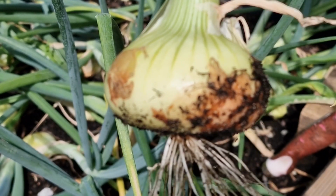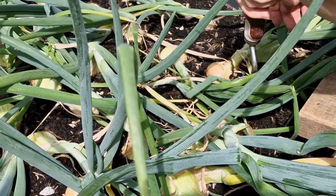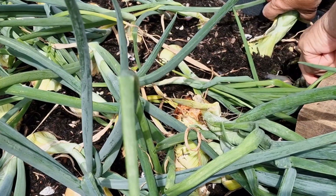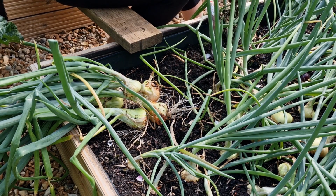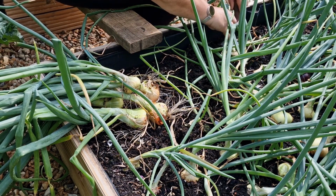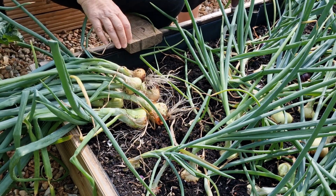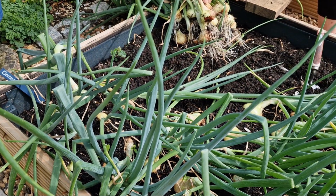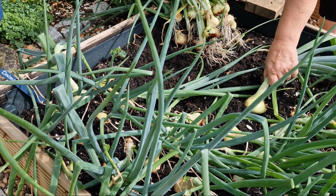So that's lovely and clean. So that's my first one. And we've had so much rain that they're just coming out with absolute ease. So these should last me for some time. They're a mixed size,